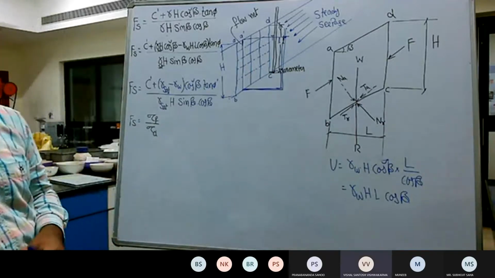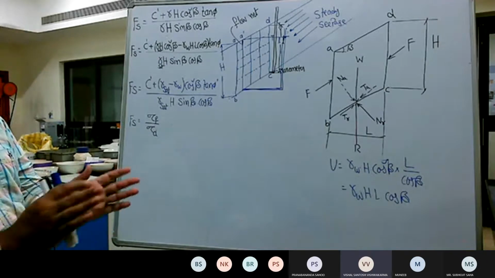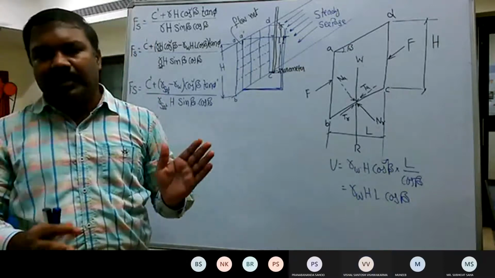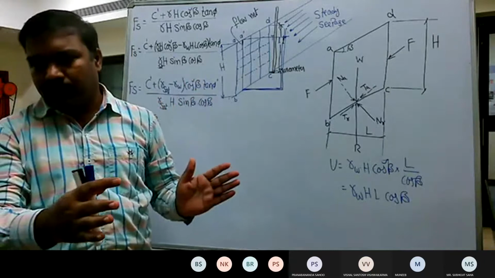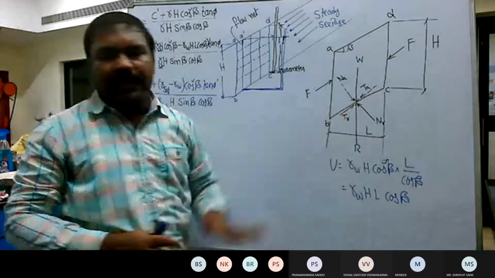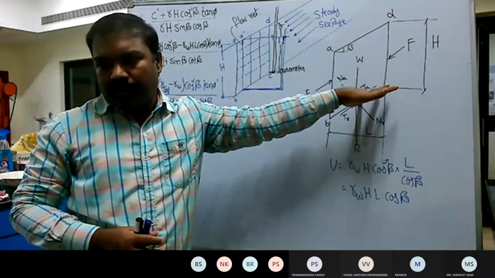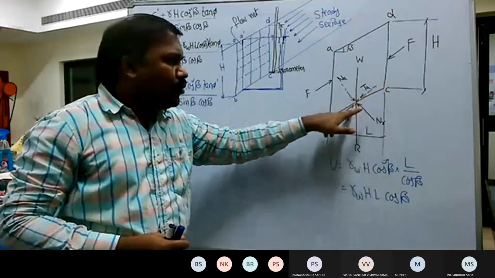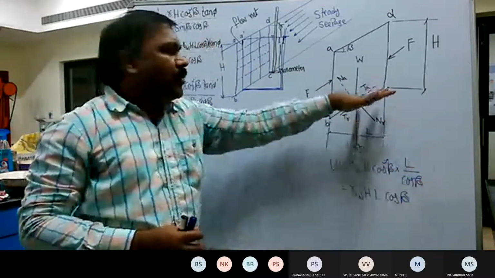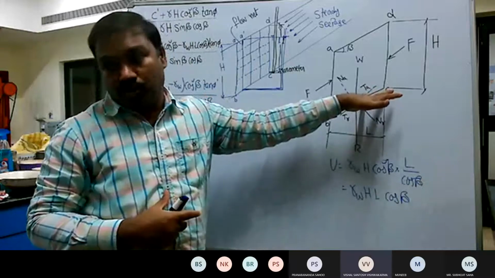Sir, here you have taken the area, I mean the bottom area, sir. L by cos beta is the bottom area, sir. See, in realistic conditions we always take unit length of the soil. Here, that unit length is perpendicular to the board. I know the inclined length of surface BC is L by cos beta, and you multiply with the unit length, that is 1 meter, but that is in the direction perpendicular to the board.